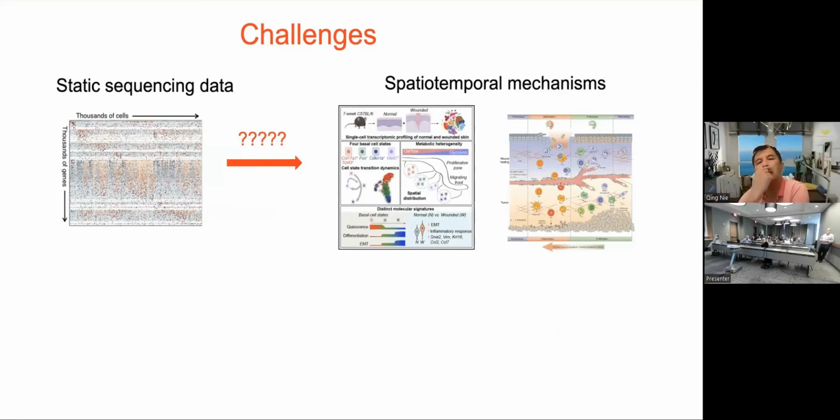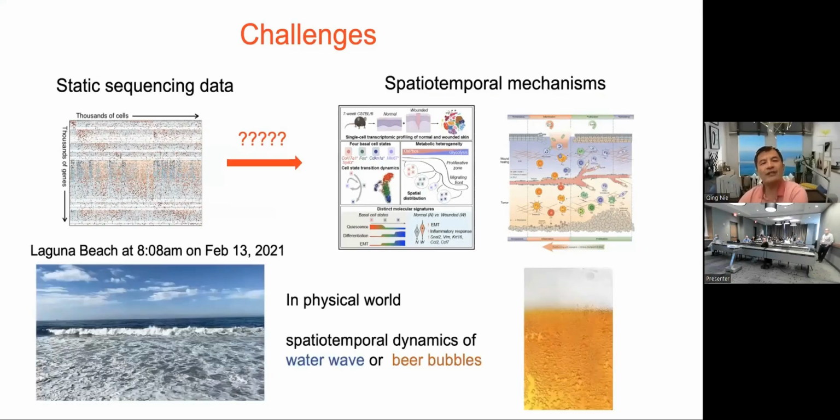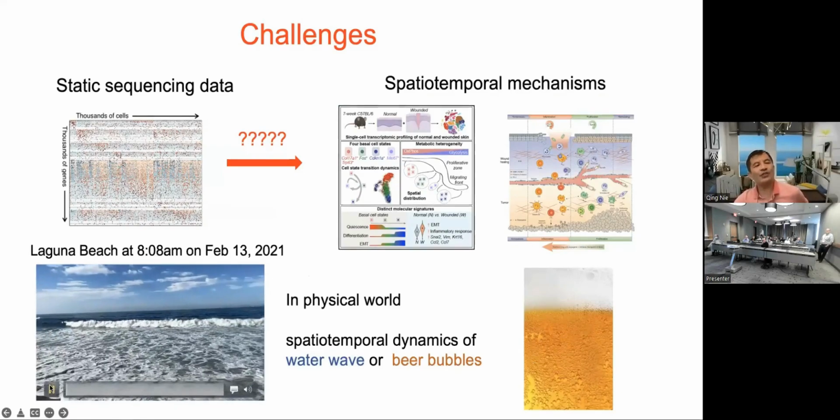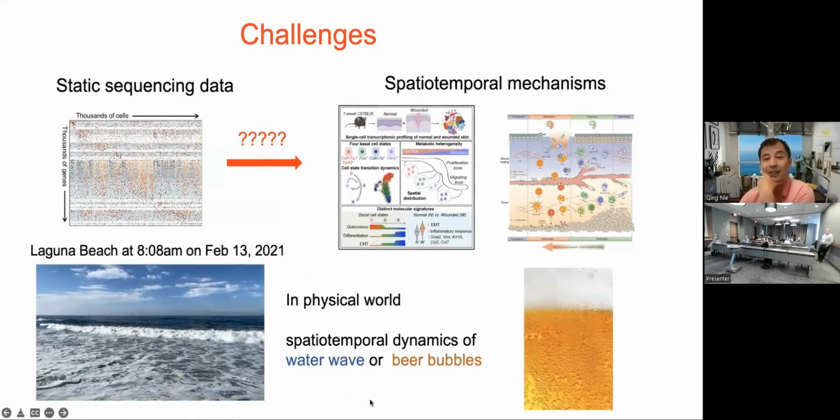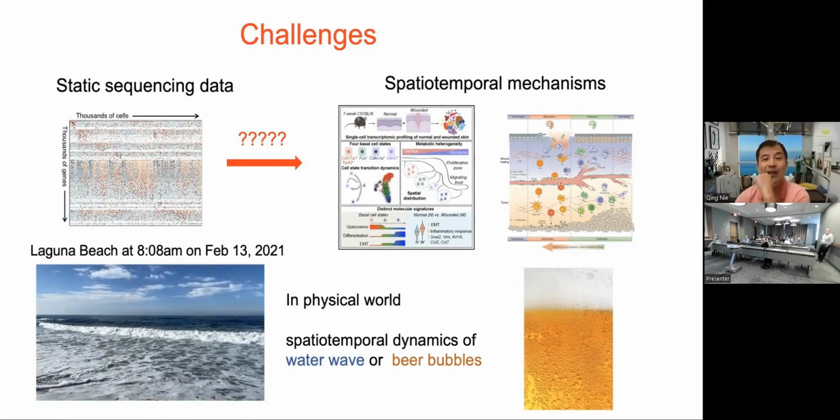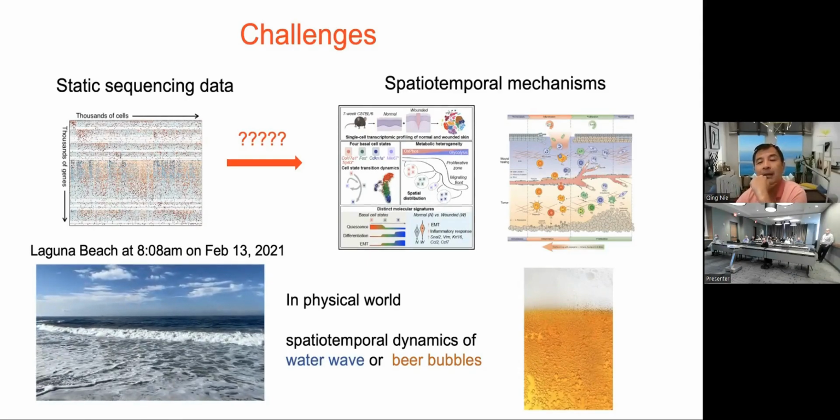On the other hand, when we describe mechanism, we use the word spatiotemporal. We always say what causes what and what in which location gives rise to what. So in the world of physics, in particular for this audience, I think I'm pretty much the one standing between you and the dinner. When we're looking at a static image like this, we can almost imagine, and in reality, we can even write down the fluid equation to describe those dynamics. But in biology, we don't have such